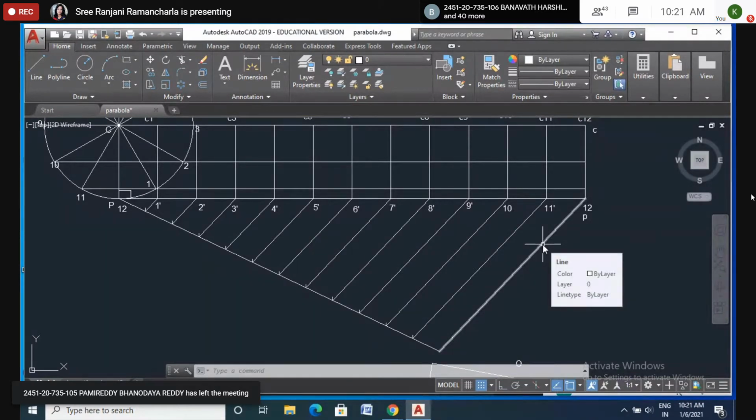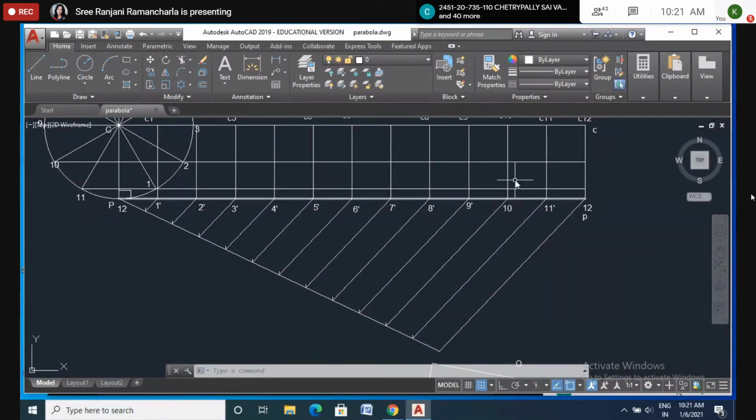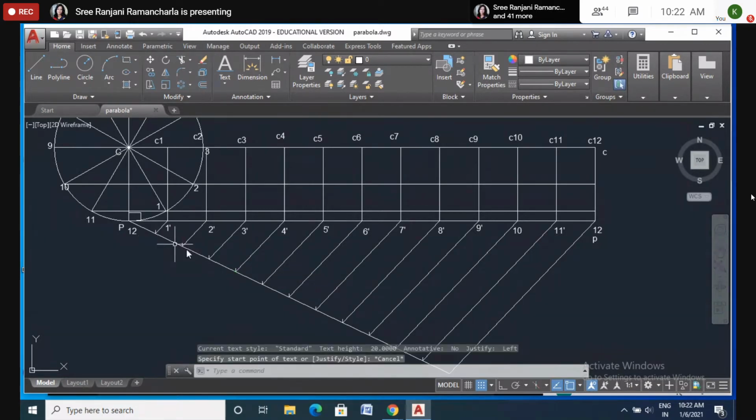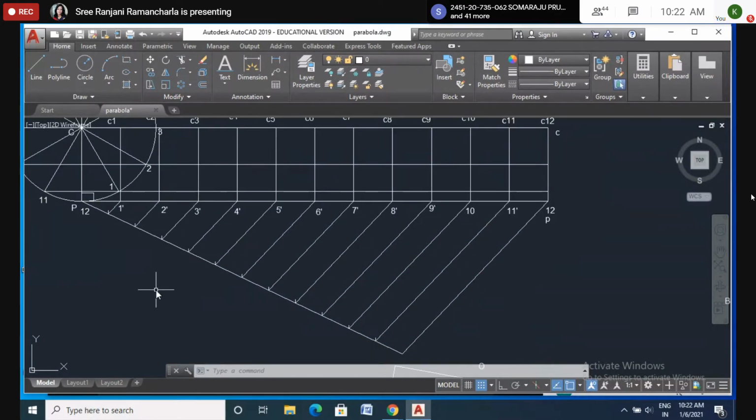Okay, ma'am. Similarly, all lines are like that only. Just cut this line, all of them. Then after cutting, name them 1 dash, 2 dash, 3 dash, 4 dash, or you can name them 1, 2, 3, 4 like that also. I will write numbers here, because I have already written 1, 2, 3, 4. I don't want to write them again. In the first class you have done 1, 2, 3, 4, right? Remember, these are all construction lines.